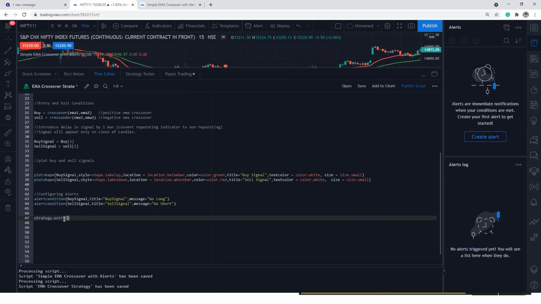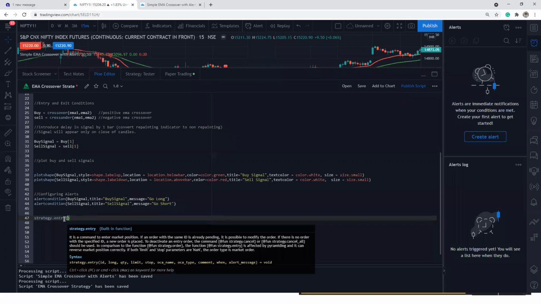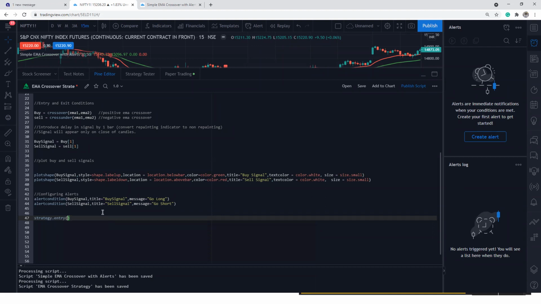Here I'm going to say a couple of things. If I want to go long, any fresh entry condition or fresh exit condition, I have to use strategy.entry. Entry long is also an entry condition. Exit is also an entry condition. Long is also an entry condition. Short is also an entry condition. So here I'm going to say what kind of activity it is. I'm giving an ID to that. It's a long. I'll say strategy.long.